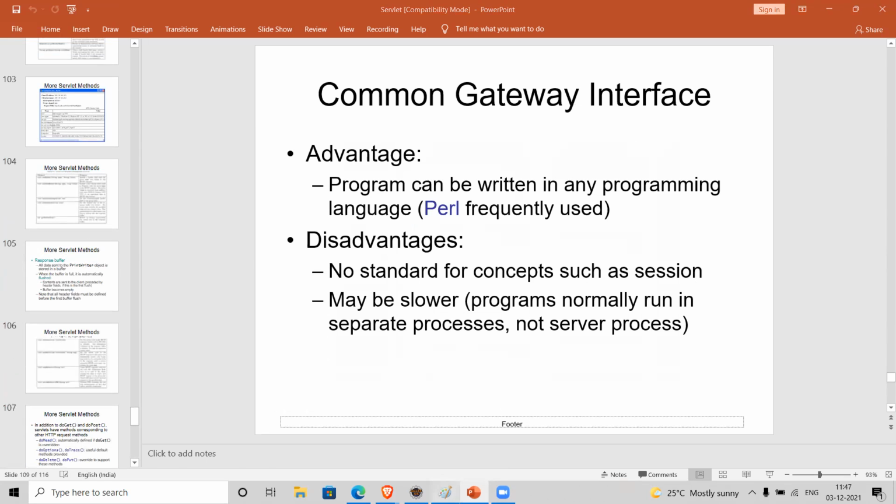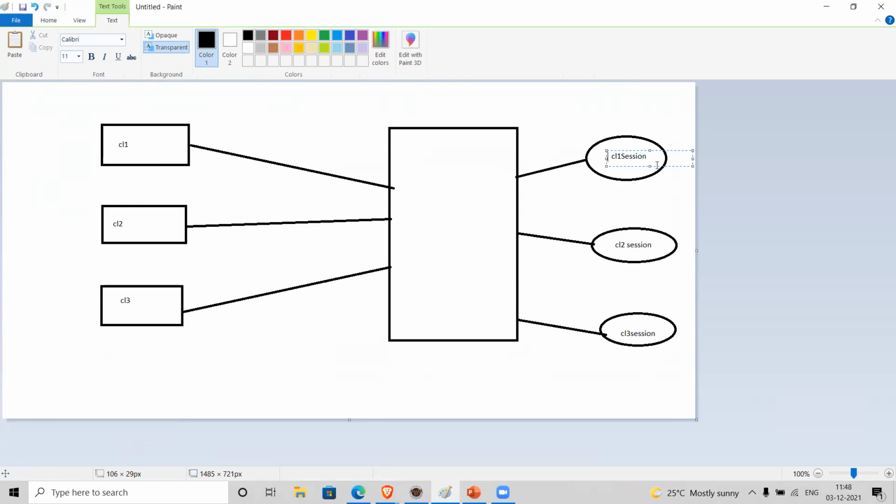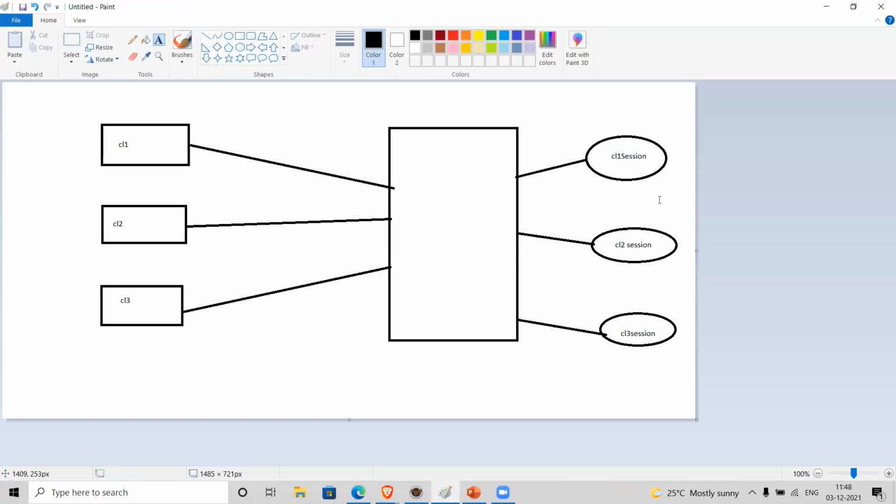So what is a web application? Web application is an application which runs on a web server.